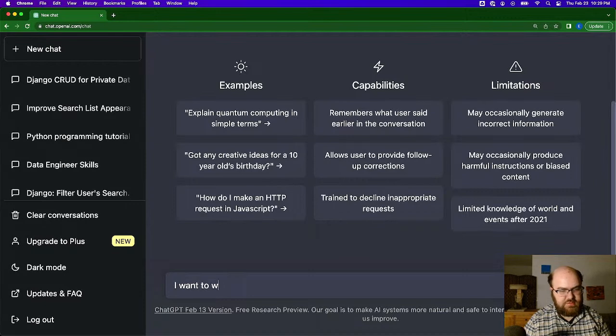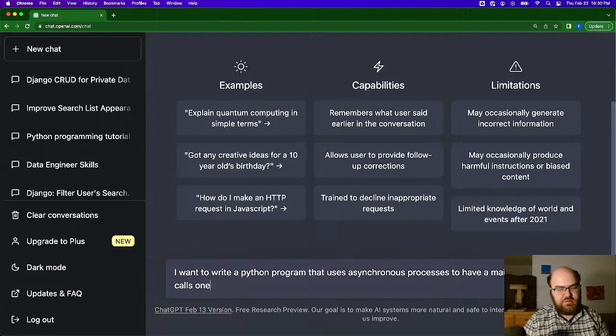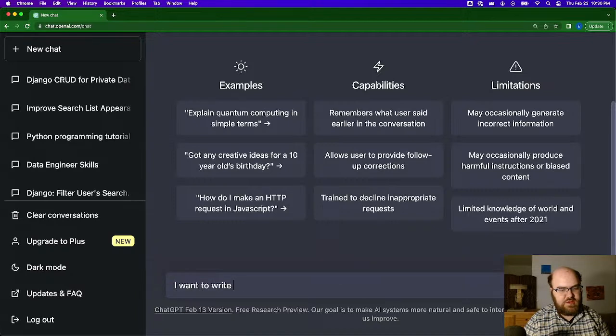I want to write a Python program that uses asynchronous processes to have a main function that calls one function, one other function. Write a Python program,